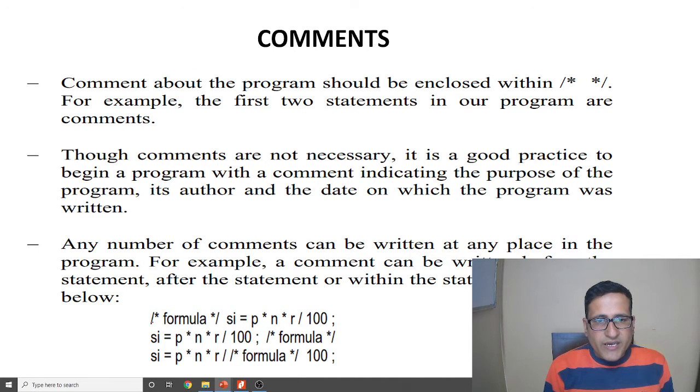So all these three are acceptable in the C language.